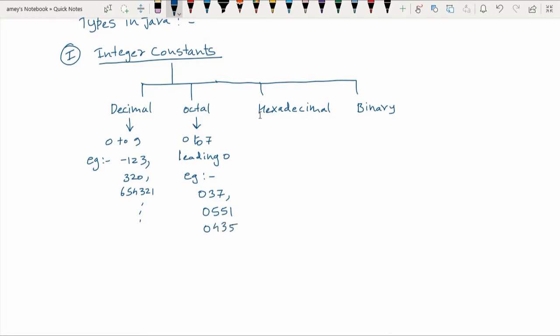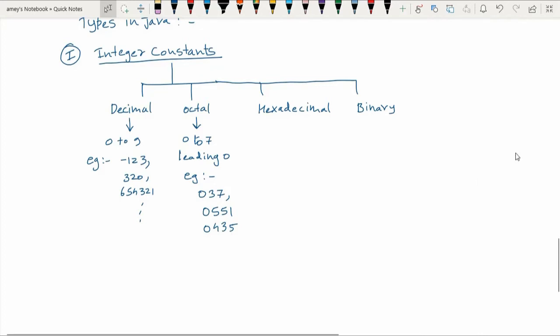These are the ways we can define octal constants. Remember, octal numbers use digits from 0 to 7 and all of them have a leading 0 attached.